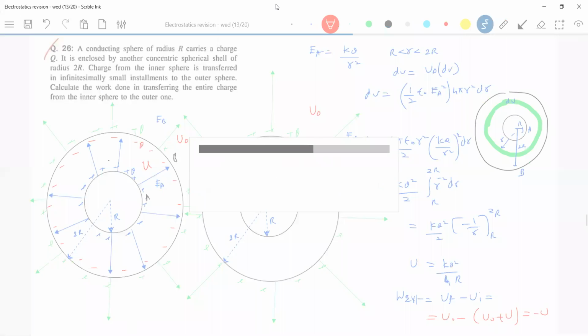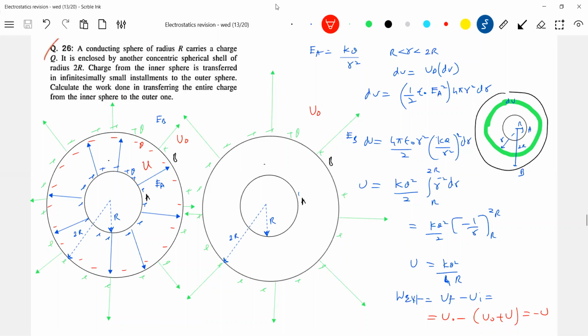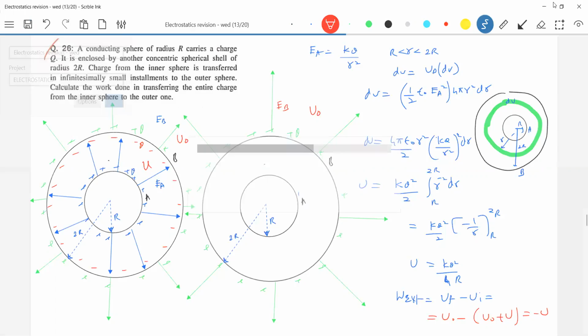So some energy aspects and situations will help us a lot. If you join a wire, that is, the charge from the inner shell will go to the outer shell. In that case, when you calculate, some heat will also be lost, no? So they may test you with all these things. Just be careful. Joined by a wire, we did in class. There's another method I just picked up.